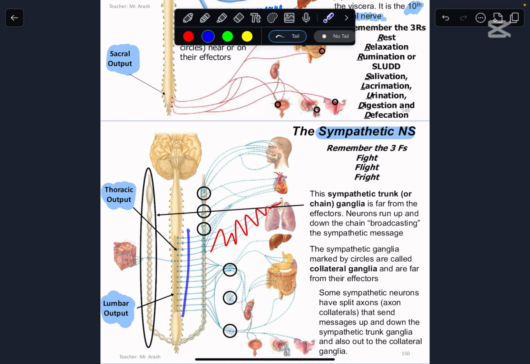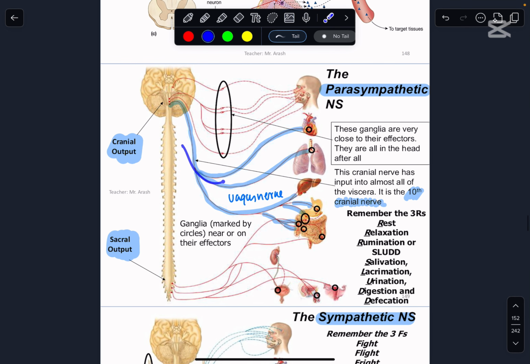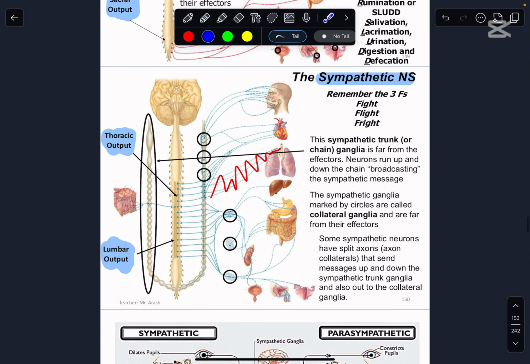The preganglions are very short, and the postganglions are super, super long. So preganglion short, postganglion long, preganglion long, postganglion short in those circles, which you don't see. The other difference between the systems, as I mentioned, is where the nerves come from, which we already discussed. The third difference is, remember I told you that there are these ganglia outside of the sympathetic ganglia, right outside